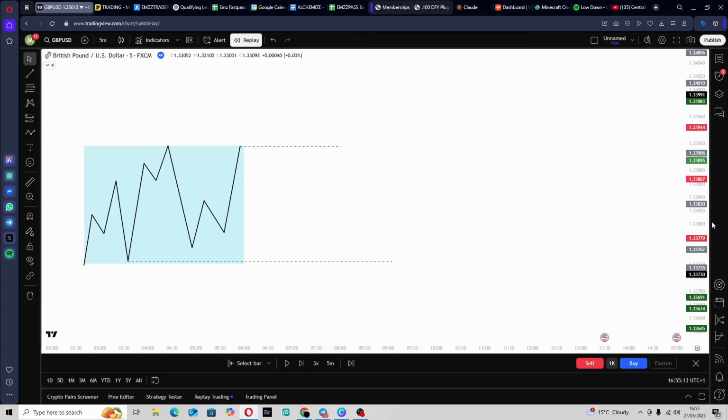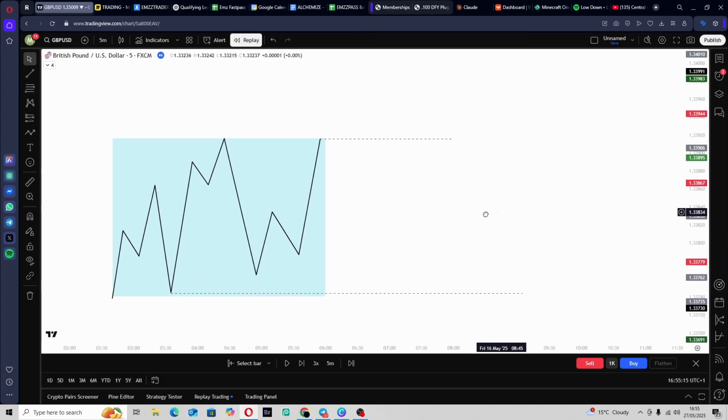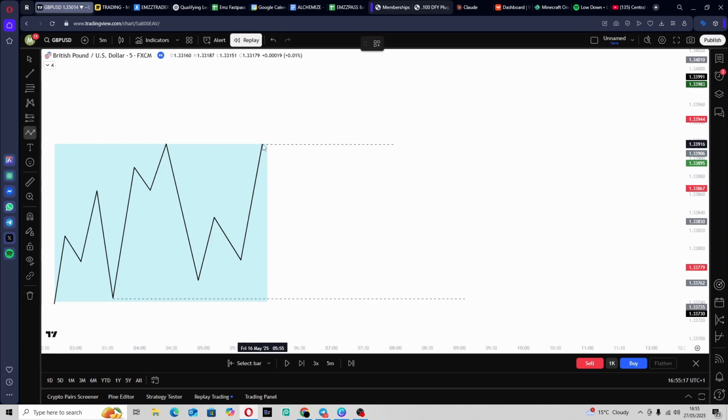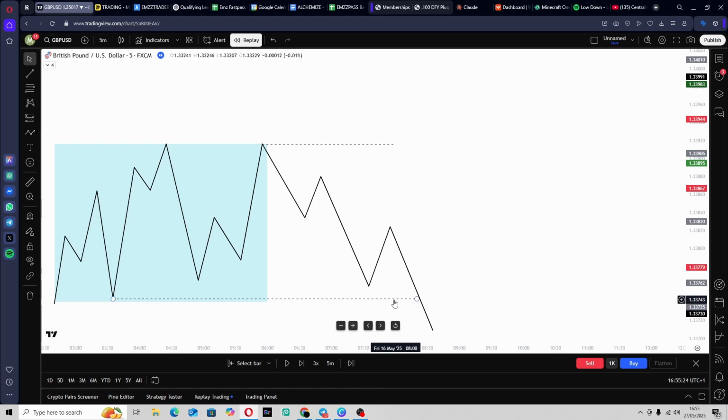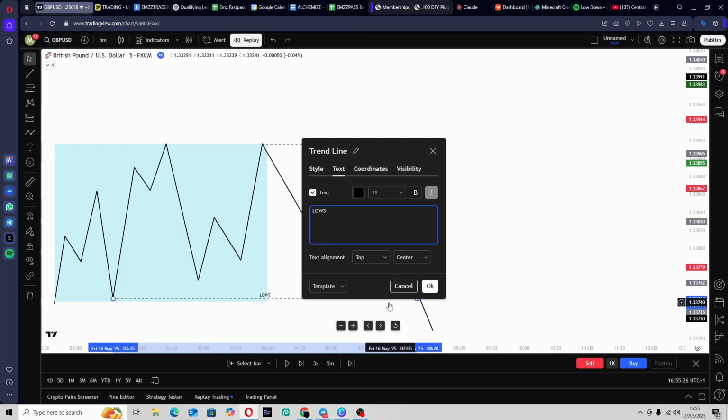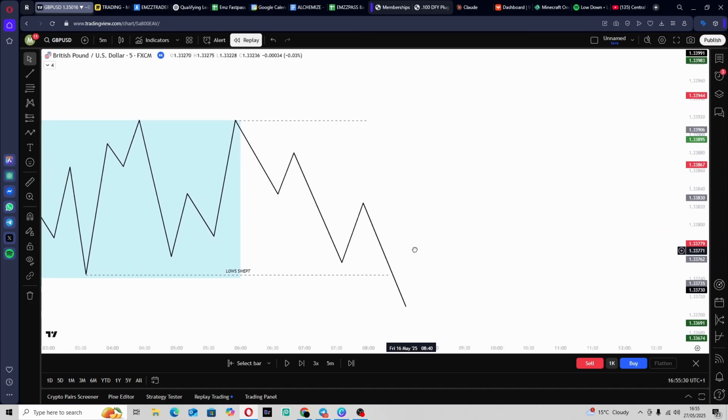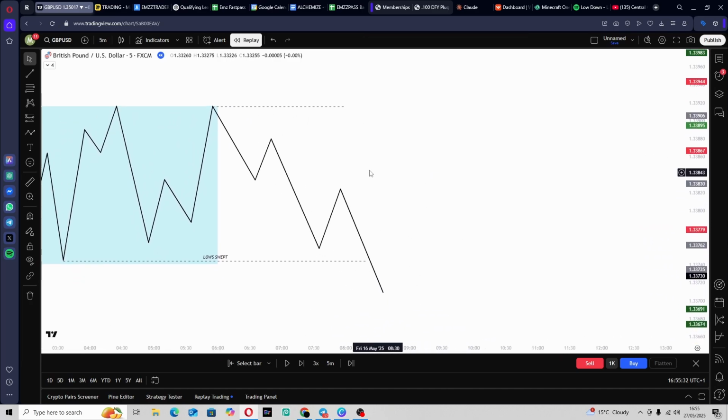Okay, so as soon as you do that, once you get the highest point and the lowest point marked out, you need to look for when price sweeps one of these two areas. Let's say it's completely swept the lows, right, like this. So this will be the lows swept, right? So as soon as the lows get swept, what we need to do from here on out is play